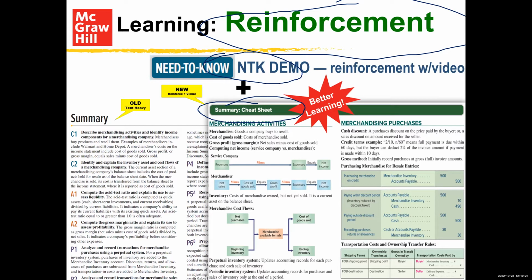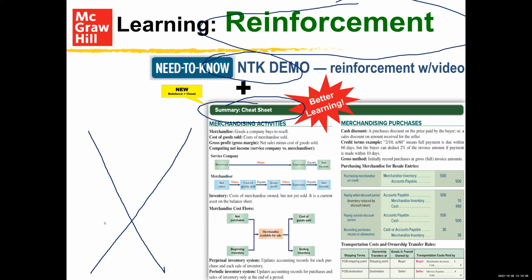Now, historically, we would have presented that to our classroom over here on the left. Text heavy, organized by learning objectives. Research tells us that's not the way to proceed. Rather, research tells us we should introduce flow charts, color, tabular displays, graphics, and that's what we've done here in the 2 blocks you see here. We contrast service companies with merchandising.